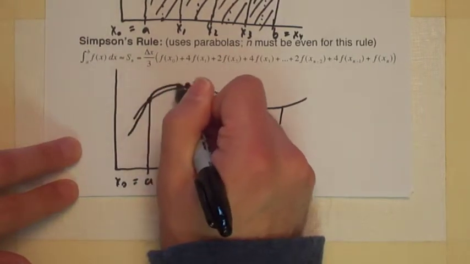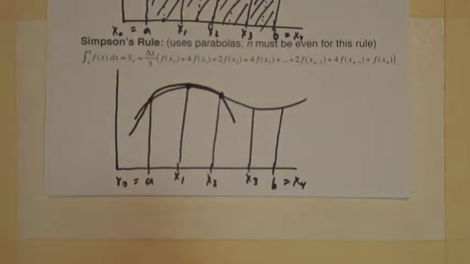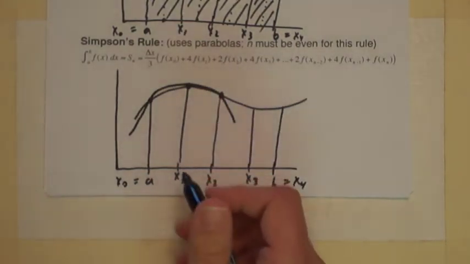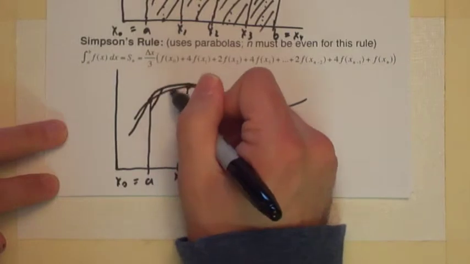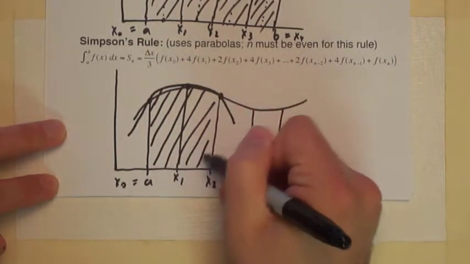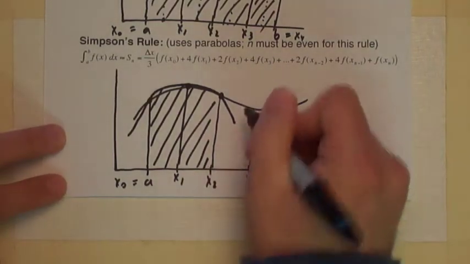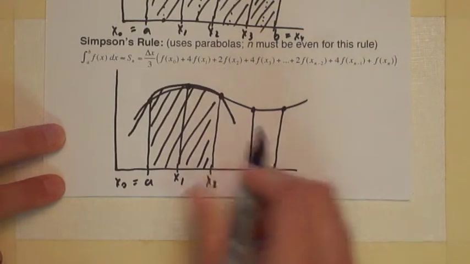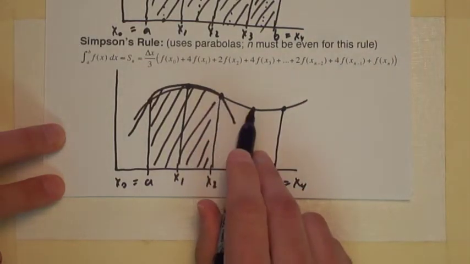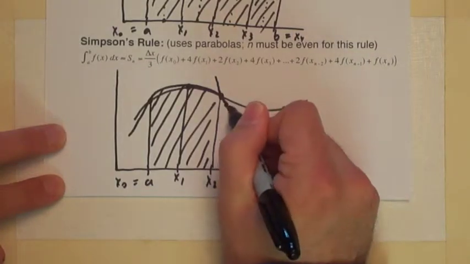Let's say the parabola through these points looks like this. Because a parabola is a simple enough shape and has a simple enough equation, we can compute the area of the parabola through these 3 points pretty easily. Then we'll take the next 3 points, this, this, and this, and put a parabola through there